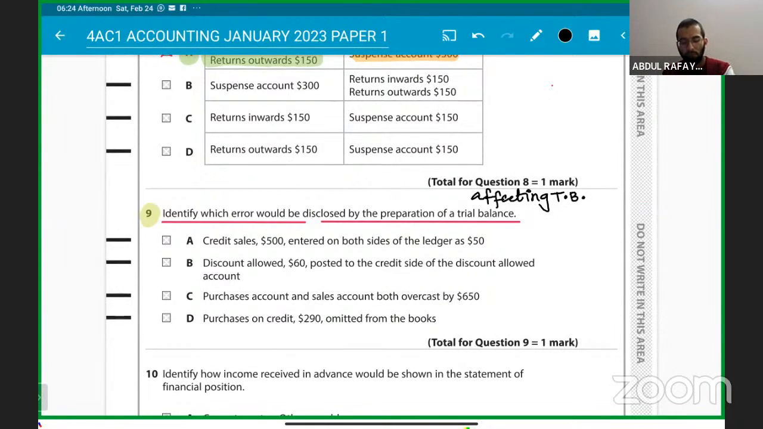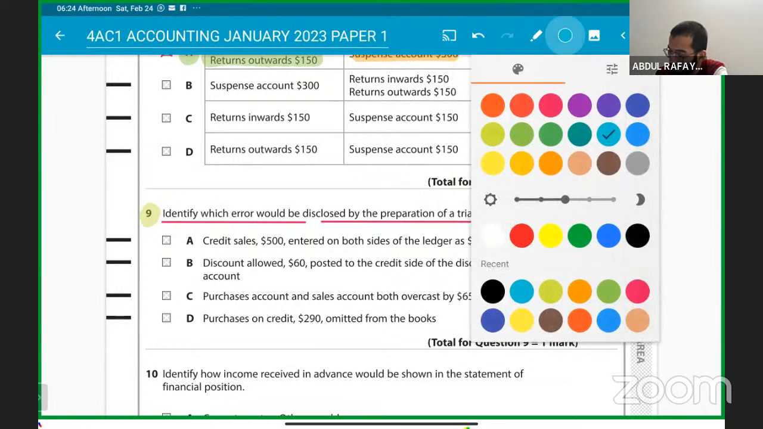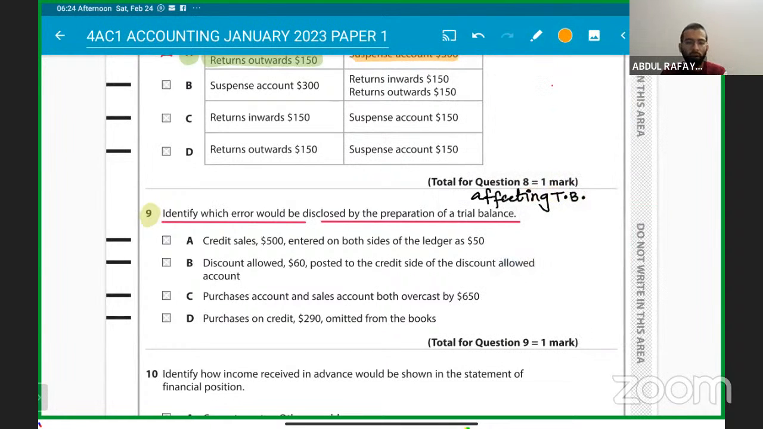Understood? So which error will do it? Let's have a look at it. For this case, you have to read all the options. Credit sales of $500 entered on both sides of the ledger as $50. So there is credit sales of $500, but it is entered on both sides of the ledger as $50, which